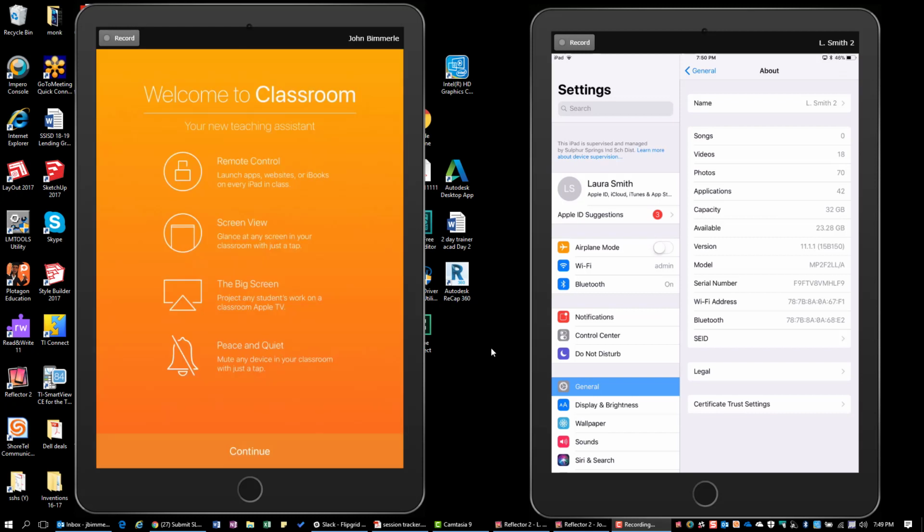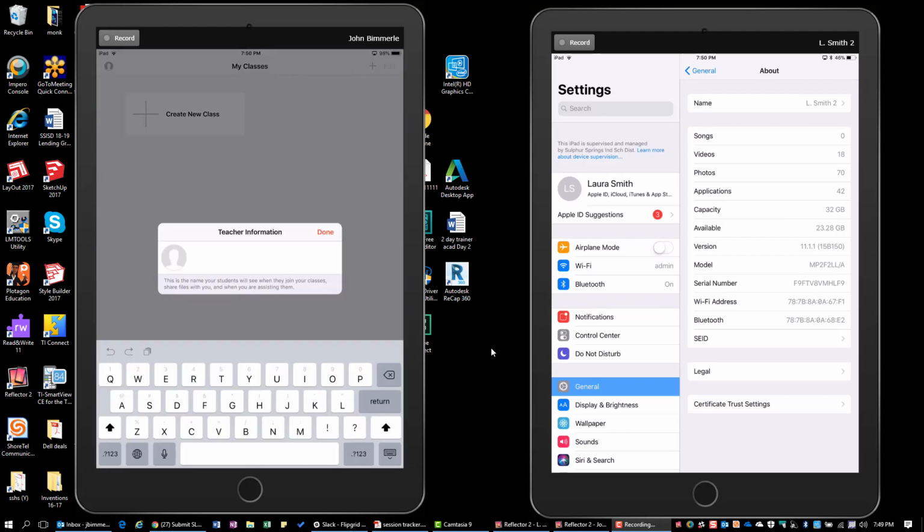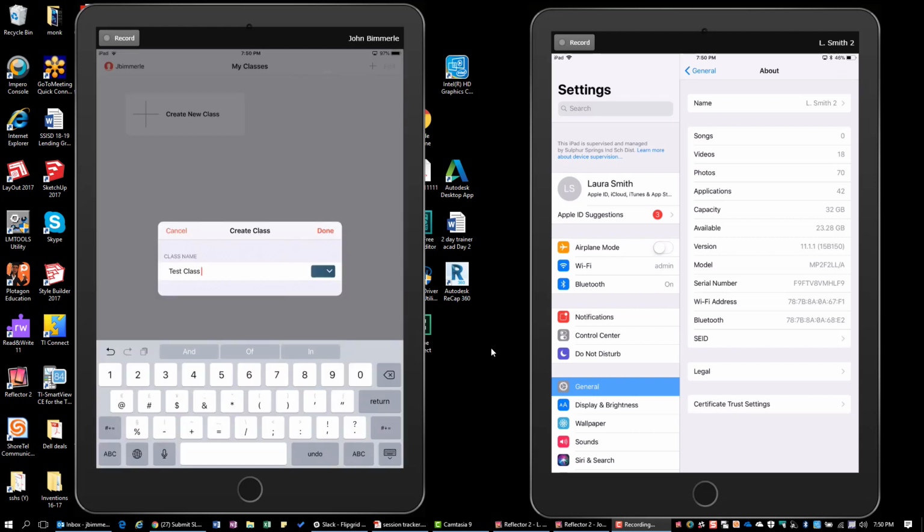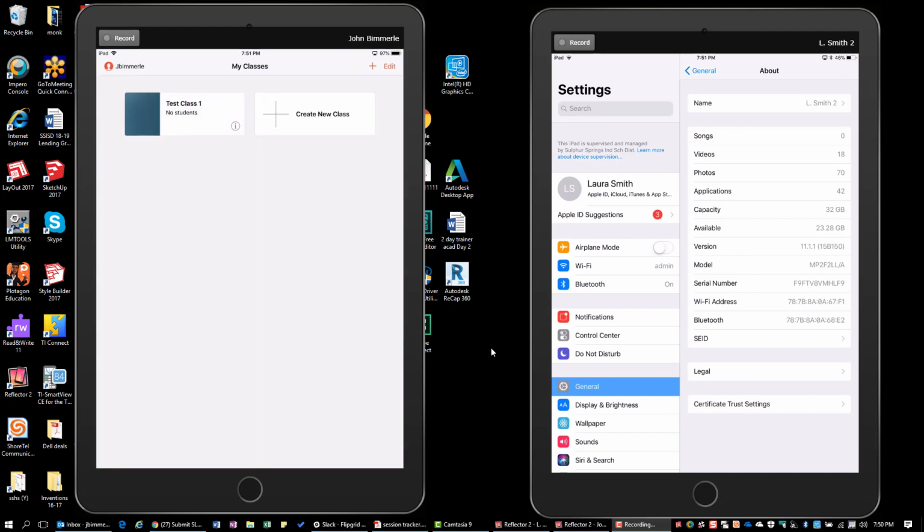At this point then, you can follow the screen prompts, and you'll enter in your information, and then you're given the option to go ahead and start creating your first class. Just click on Create Class. Go ahead and give it your name, say Done, and now you're ready to go ahead and into that class